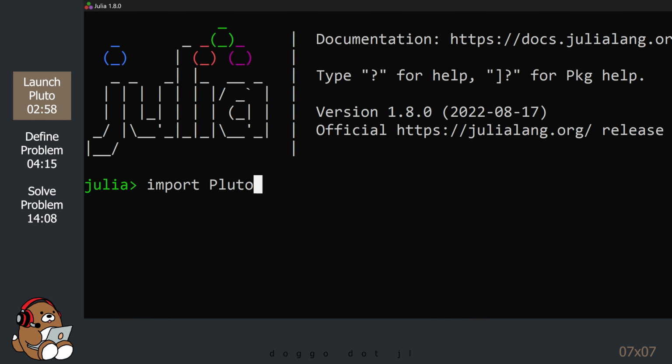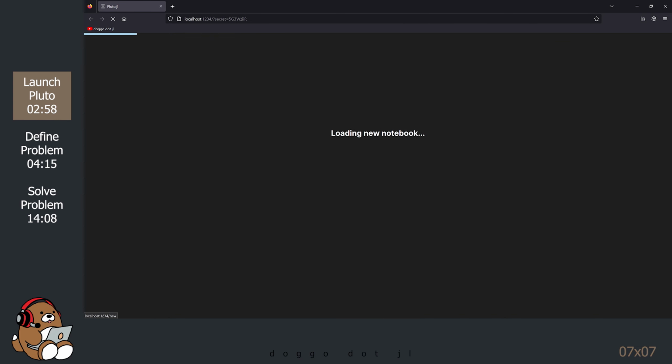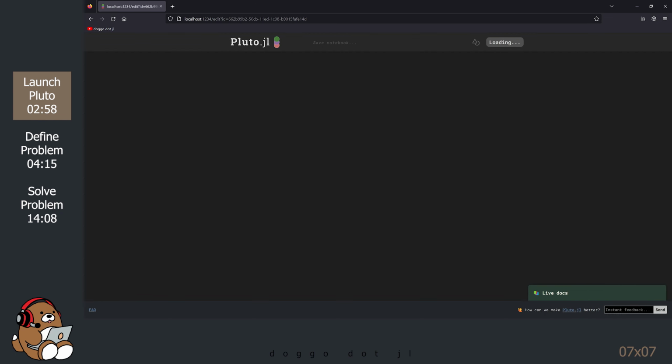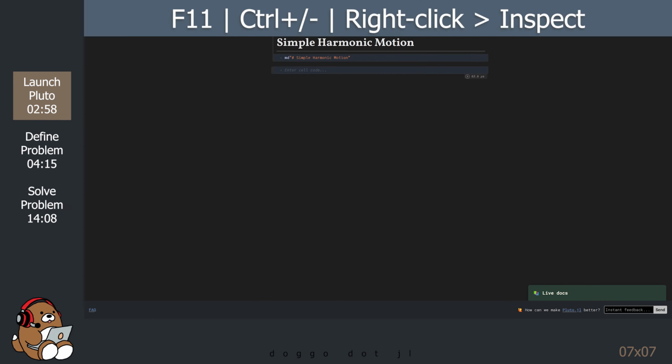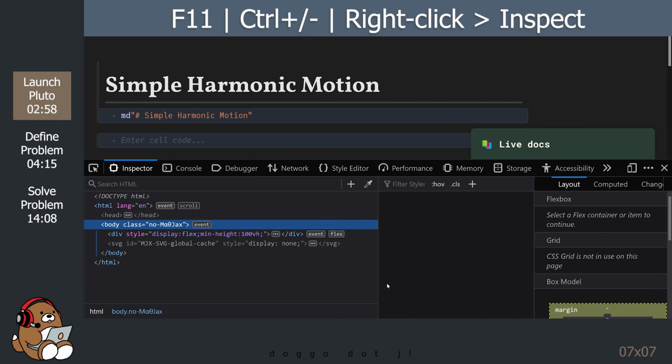Let's start by firing up the Julia REPL and launching Pluto. Next, let's create a new notebook and title it Simple Harmonic Motion. This is optional, but I'm going to customize this user interface like I did in the first tutorial.